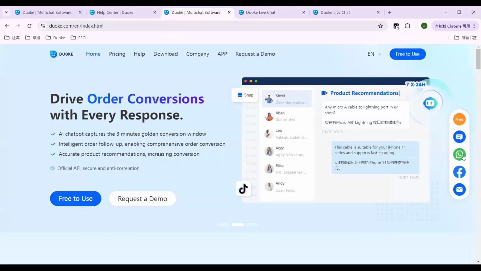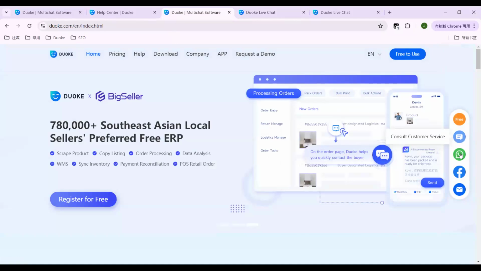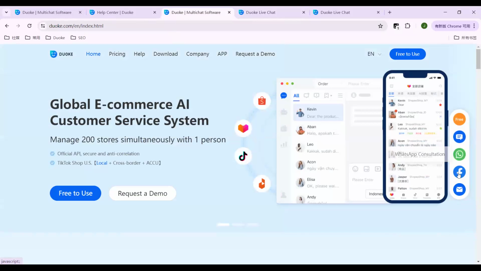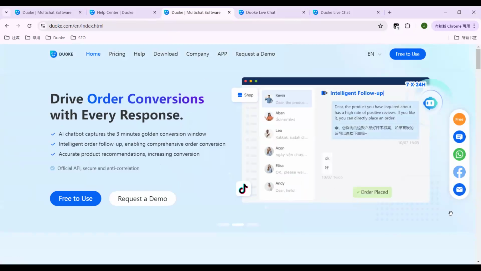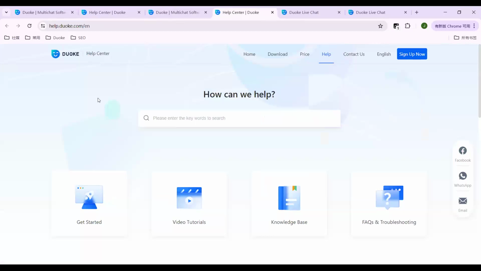Here is the customer service online, and we also have WhatsApp. We have the WhatsApp group, and Facebook and email can also connect with our customer service. Okay, so that is the first way. The second way, as I said, is to click help here. On the help page, we can search for which function we want to know, and write it here, for example,